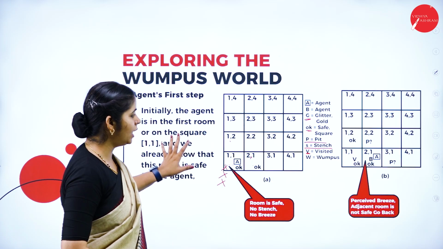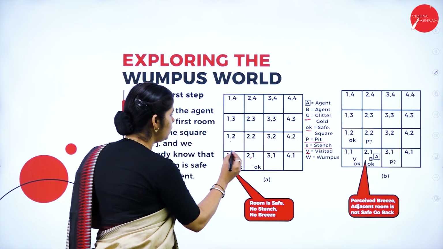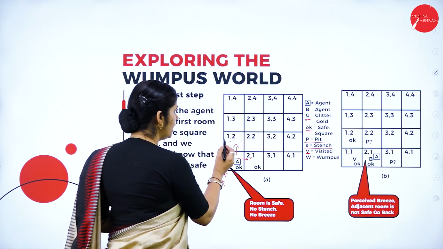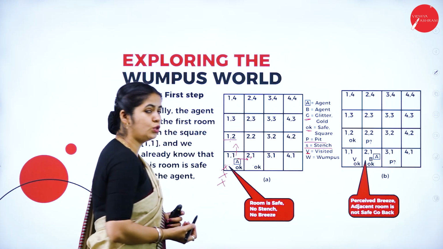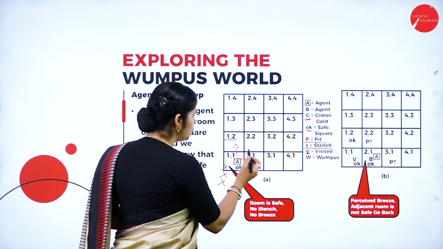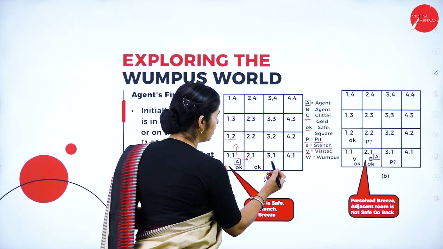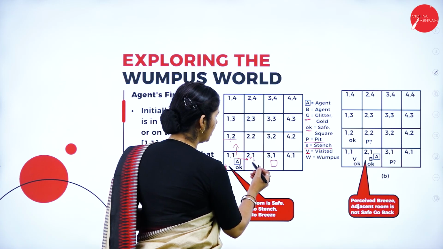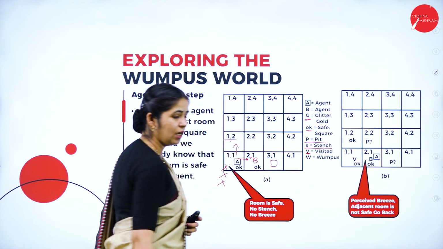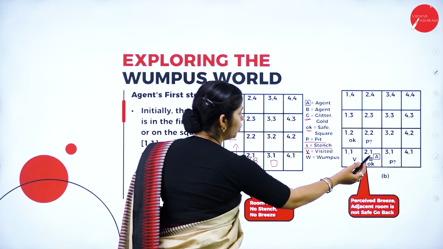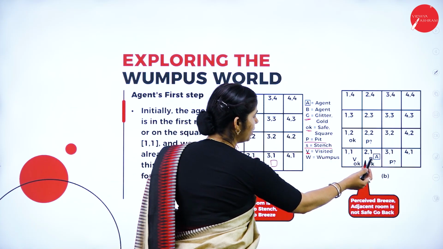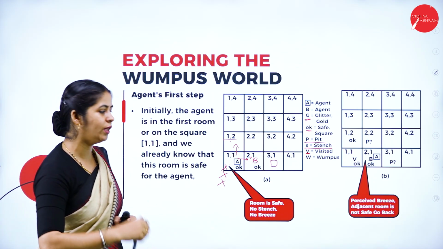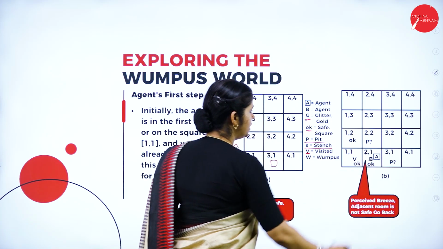After this, in the second step, what does he have to check? He can either move up or move to the second cell. That is, he can go to 1,2 or he can go to 2,1. If he goes to 2,1, here we have a pit, right? So he can smell a breeze here. That is represented here. The agent is currently in 2,1. He can smell a breeze. That means the agent can perceive there is a pit near that particular room, in an adjacent room,